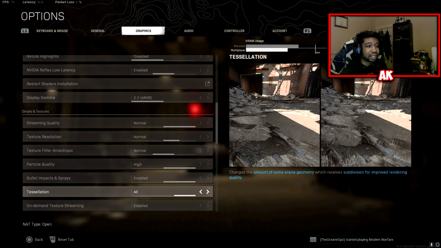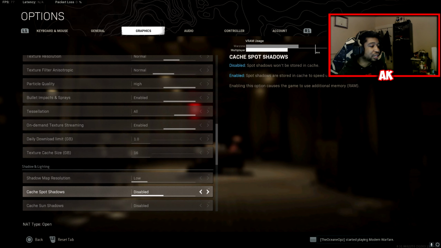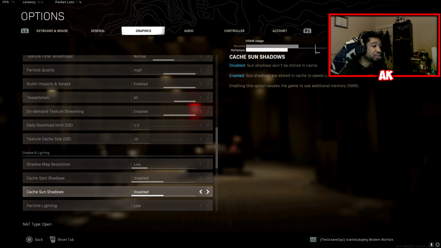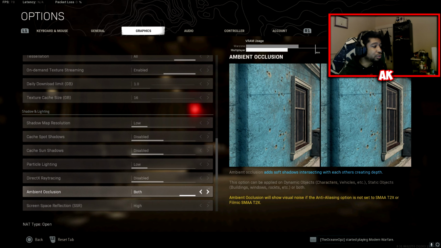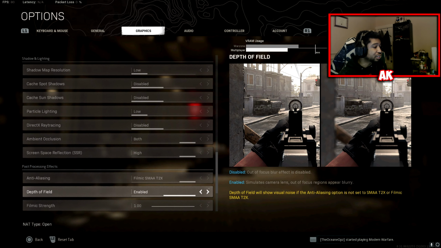sprays enabled, tessellation on all, on-demand texture streaming enabled, daily download limit, these are all default, you don't need to worry about that. Shadow map resolution on low, cache spot shadows on disabled, cache sun shadows on disabled, particle lighting on low, ray tracing disabled, ambient occlusion on both, SSR on high, anti-aliasing on filmic SMAA T2X, depth of field